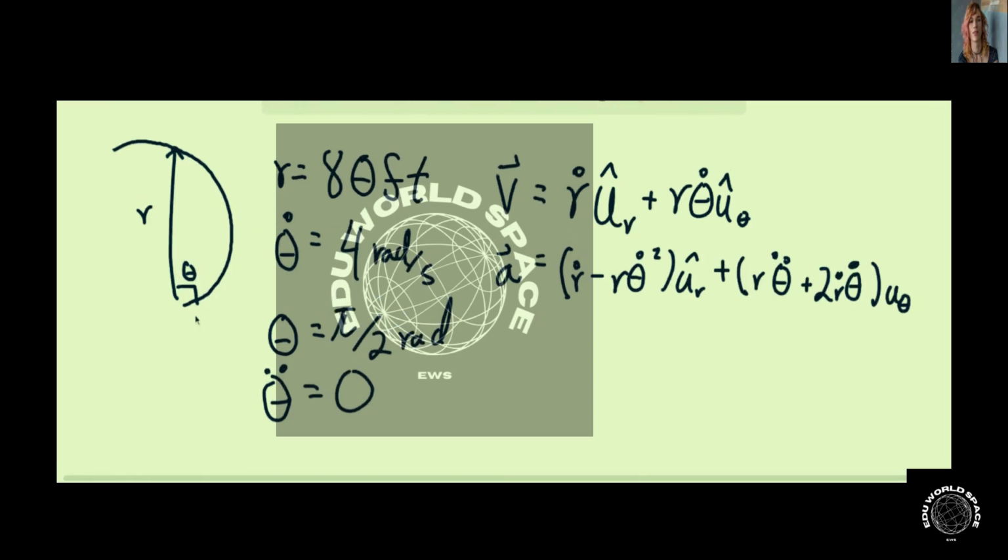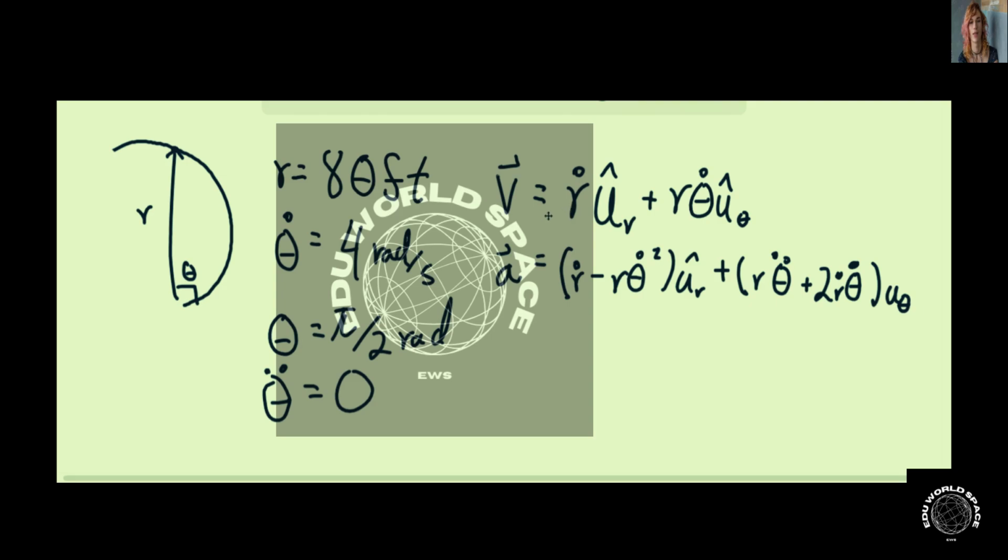In this problem, we have a particle that traces out an Archimedean spiral as it moves, defined by r, the radius, equals 8 times theta feet. The particle moves with a constant angular velocity, theta dot is 4 radians per second, and we want to find